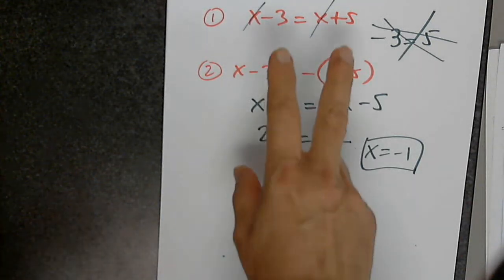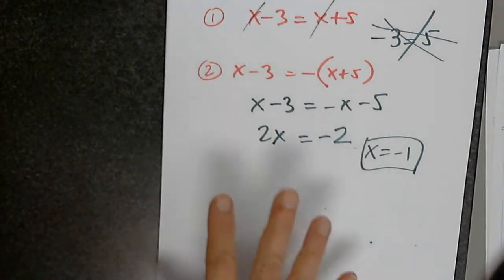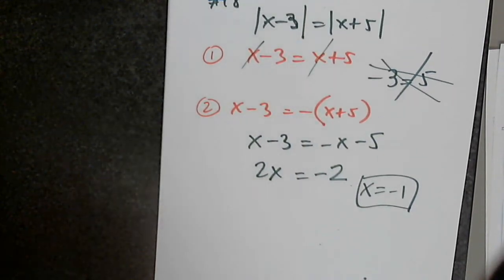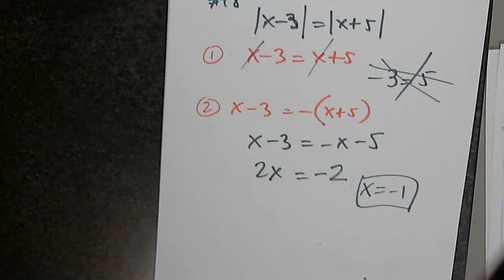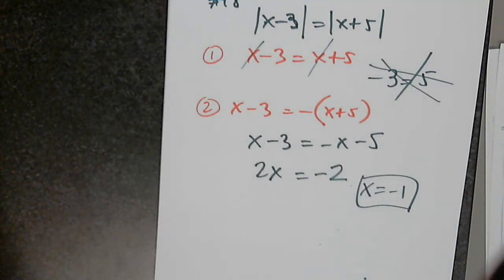How many possibilities can we have when we solve an absolute value equation of this type? 4 possibilities. 1 solution, 2 solutions, no solutions, infinitely many. So expect anything. Good. Let's look at